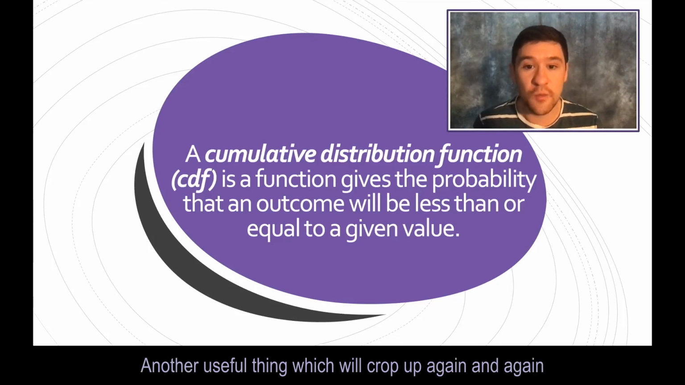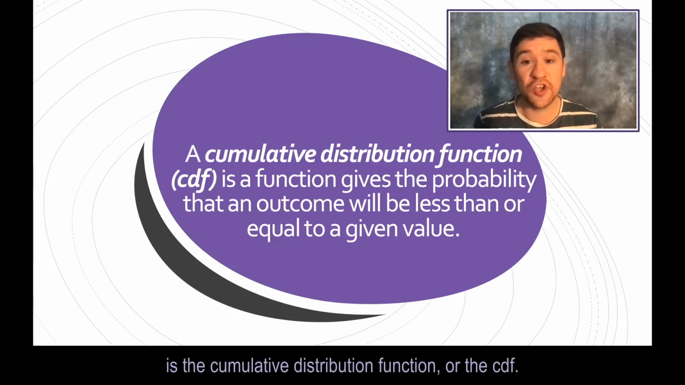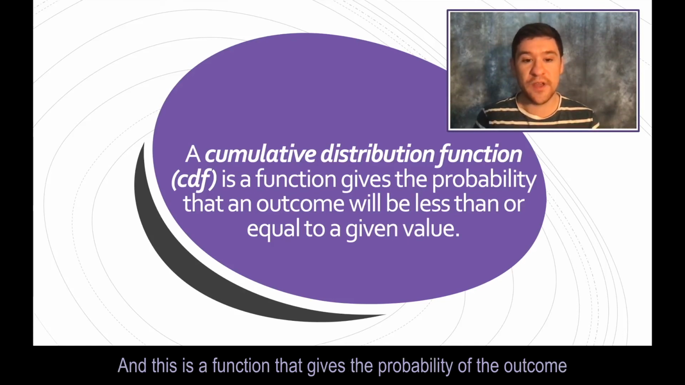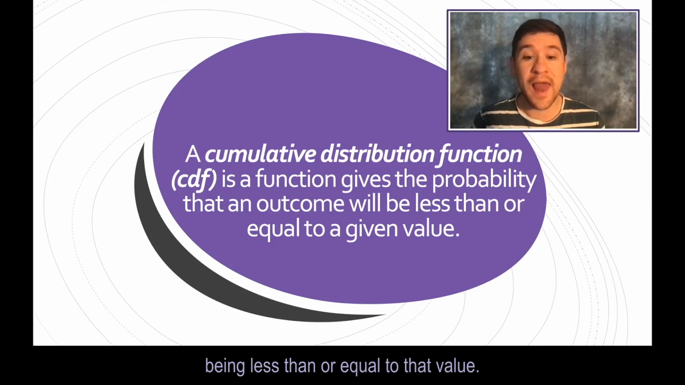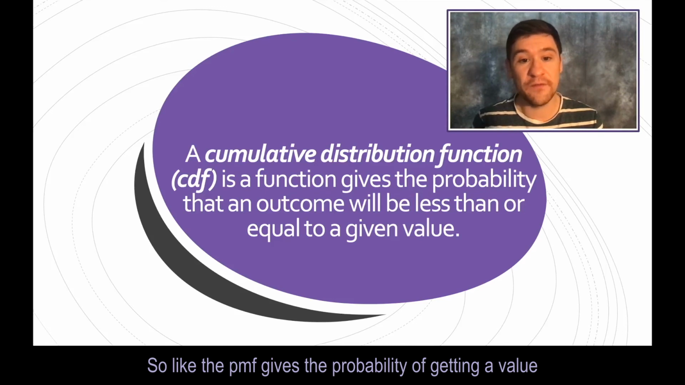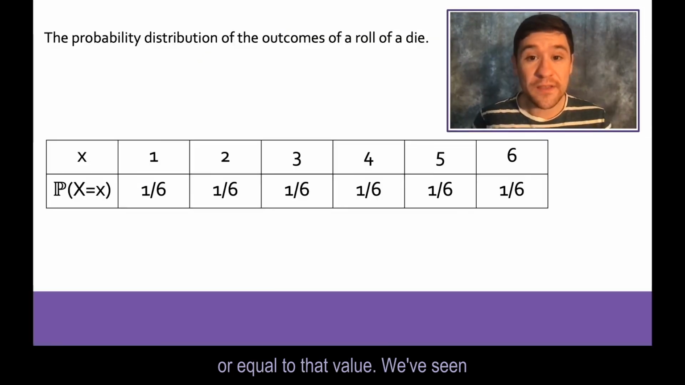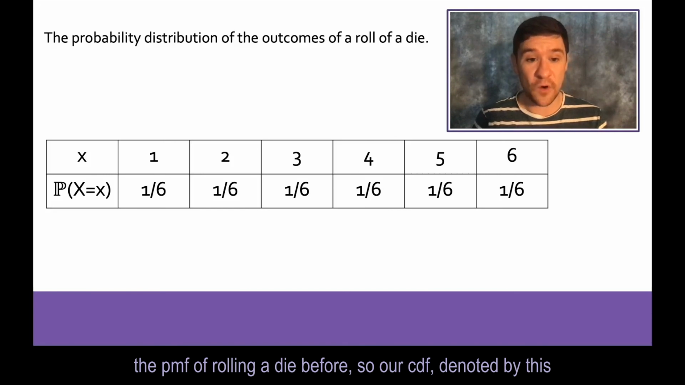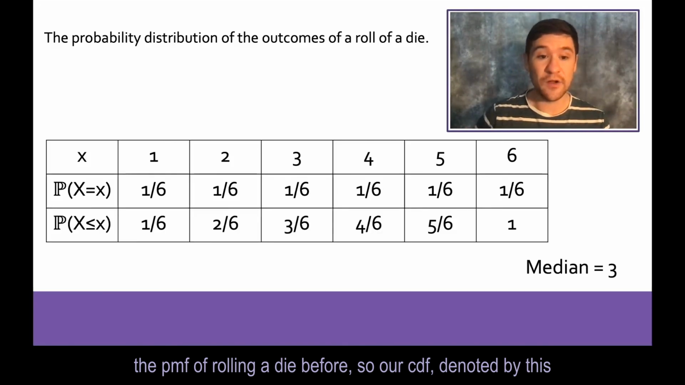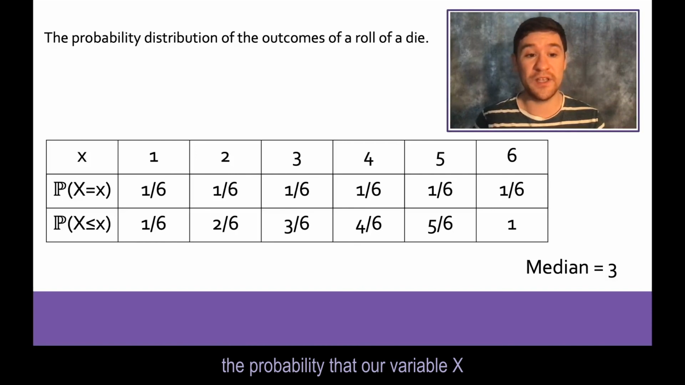Another useful thing which will crop up again and again is the cumulative distribution function, or the CDF. And this is a function that gives the probability of the outcome being less than or equal to that value. So like the PMF gives the probability of getting a value, the CDF gives the probability of getting something less than or equal to that value. We've seen the PMF of rolling a die before, so our CDF, denoted by